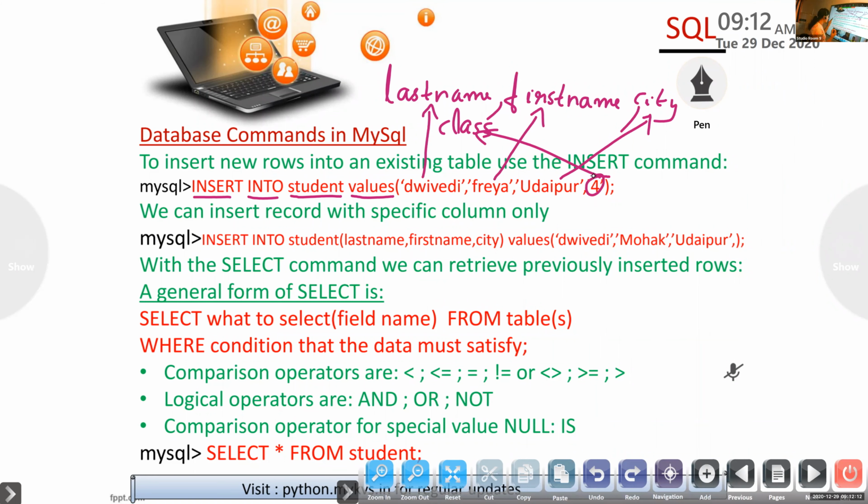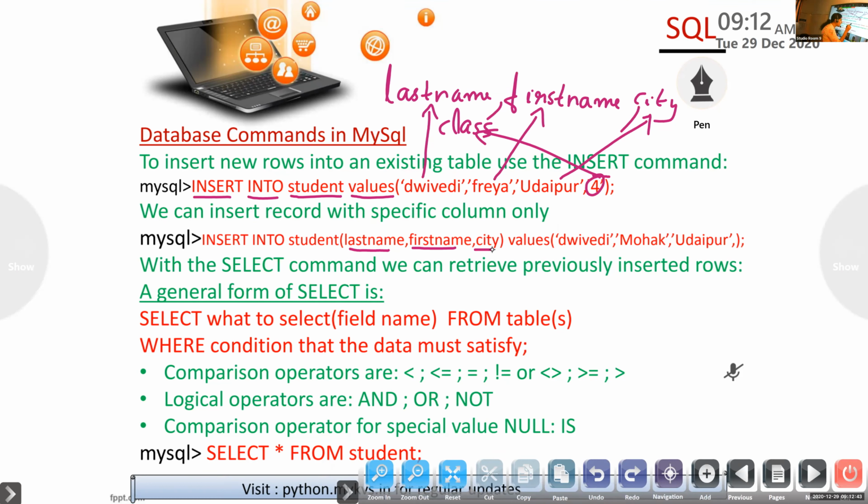So you need to write, listen carefully, insert into student, then open the bracket and specify the columns: last name, first name, and city only, not the class. Actually, there are 4 column names, but you are specifying only 3.